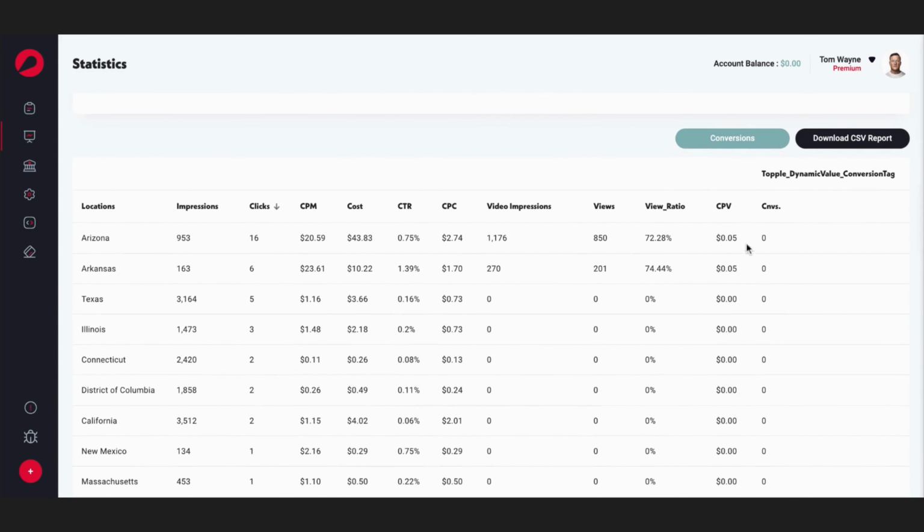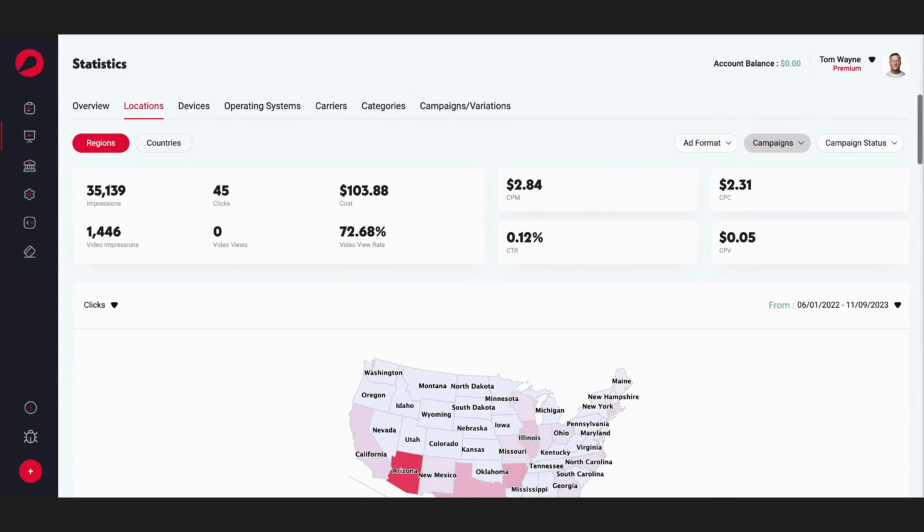If we scroll down, we can see the conversions by state, and we can also filter. And we can use that information to kind of custom tailor our campaign, maybe hone in on the geographies that are really driving conversions. The same is true for devices, operating systems, carriers, targeting categories, and the different campaigns and